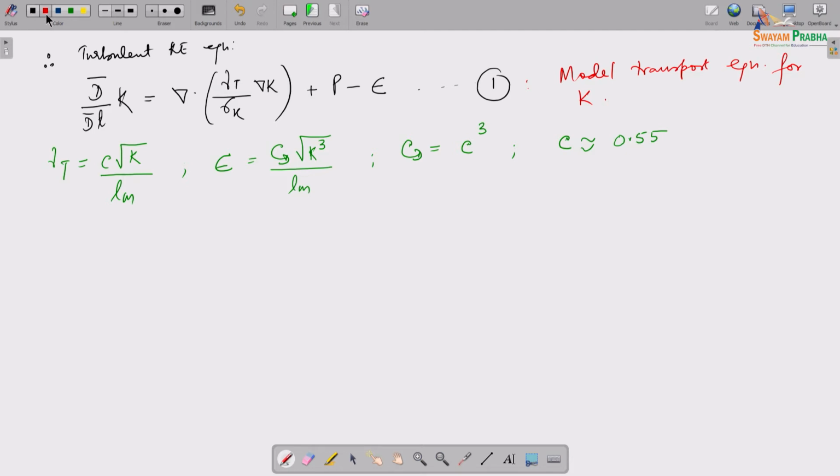So, this one is now the model transport equation for epsilon, right, is entirely empirical, okay, and that is